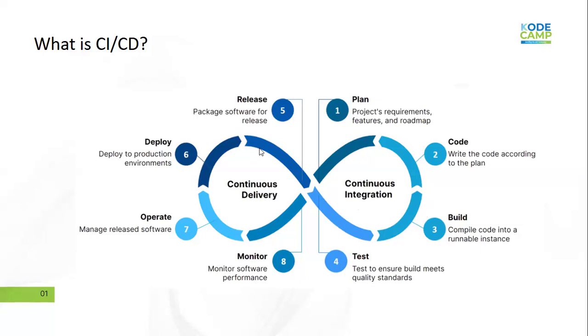Then the release is probably failing. You check the test, you check the build. Then the release will pass. Then you deploy. Sometimes when you deploy, deployment will fail. You check the release, you check the test, you check the build, you check the code. You also check the plan if it makes sense enough for the release scenarios. Then after that, you deploy.